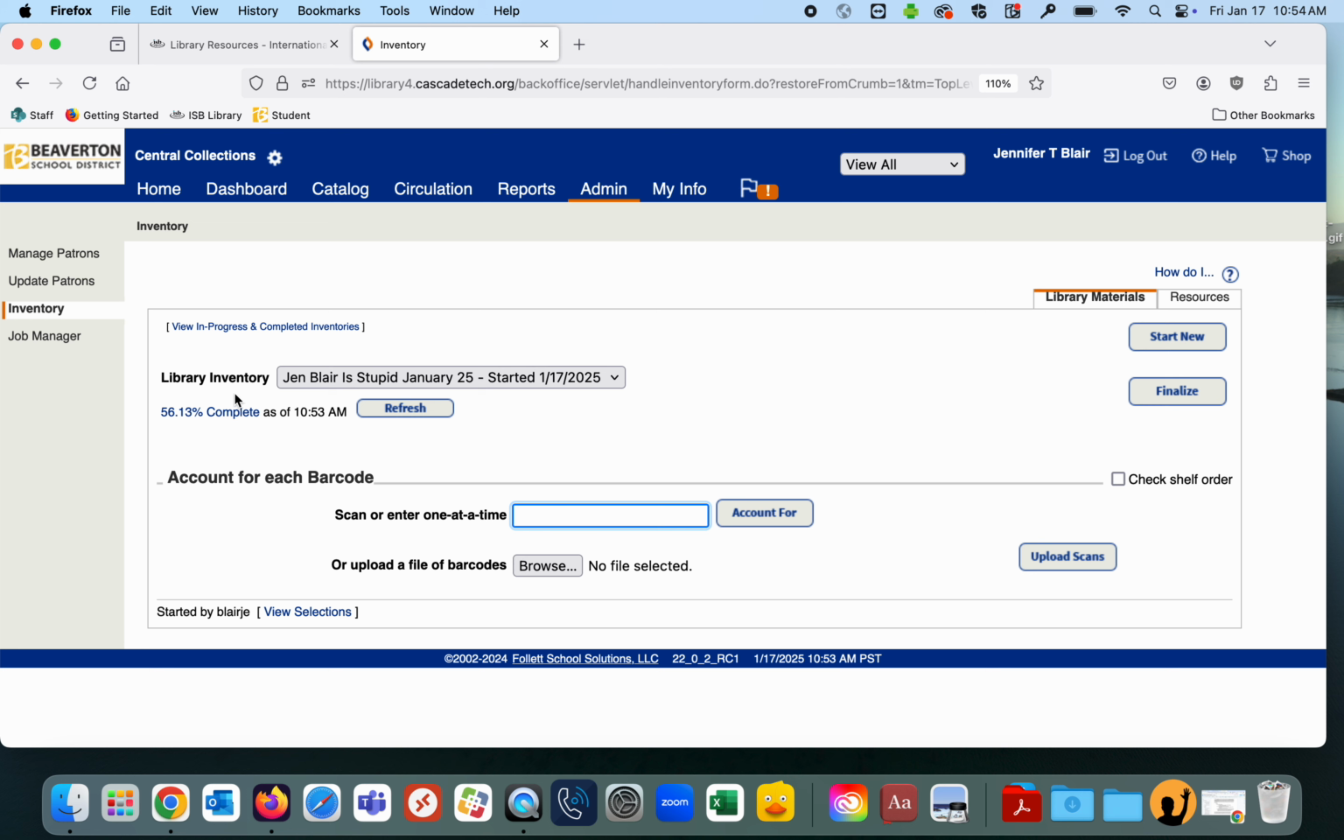When you think you've finalized, and I would not finalize this, it's only 56% complete. But that's why we do it in the middle of the year, because kids have stuff checked out, and so there's stuff that you don't have to scan because Destiny knows where it is. It's in the hands of a student, it's in the hands of a teacher, it's lost, it knows where it is. So once you get to a place in 95, 100%, where you think you're doing good, to close it,